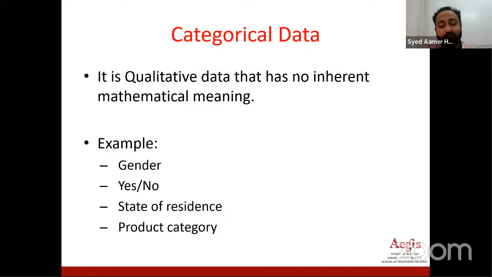Gender will be either male or female. You can't define male or female in terms of mathematics, right? You won't say male is always superior or female is superior, something like that. In maths, if you compare 2 and 5, you will always say 2 is less than 5, right? But with categorical data, you won't be in a position to do that.